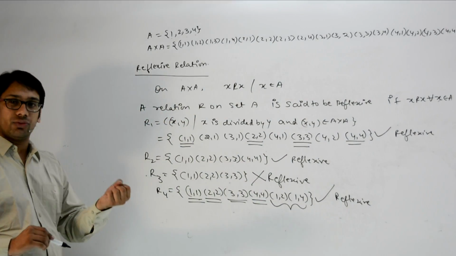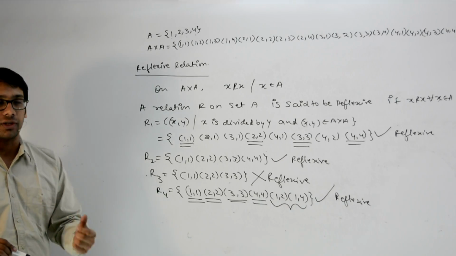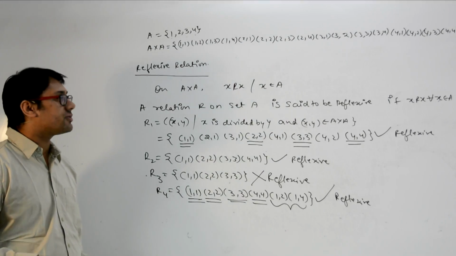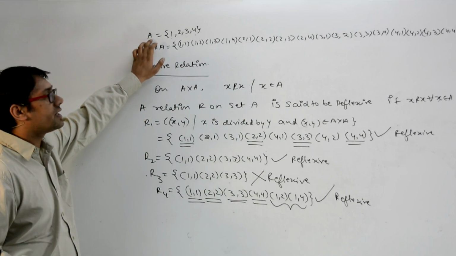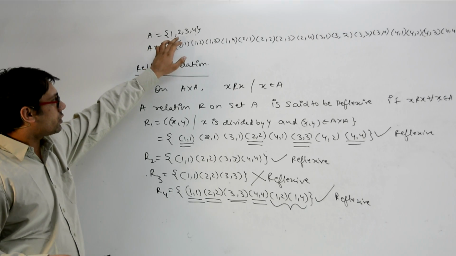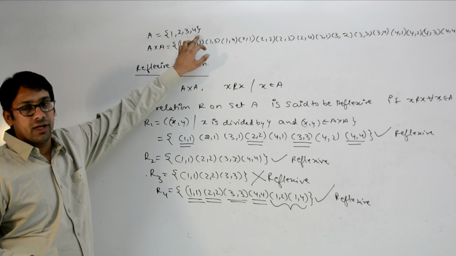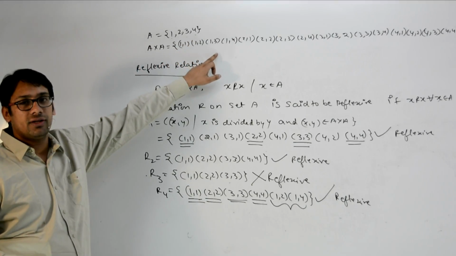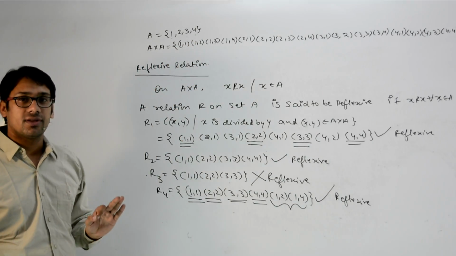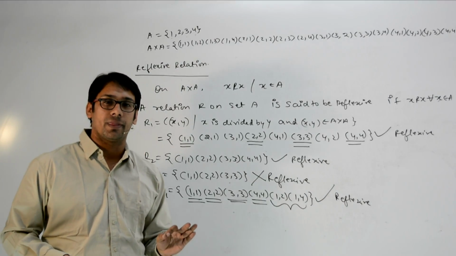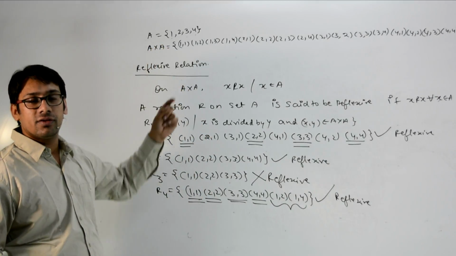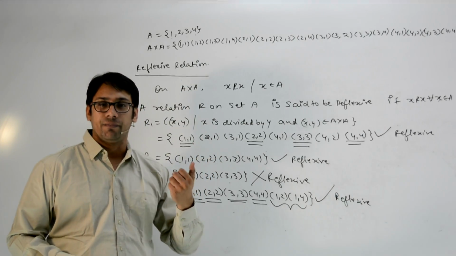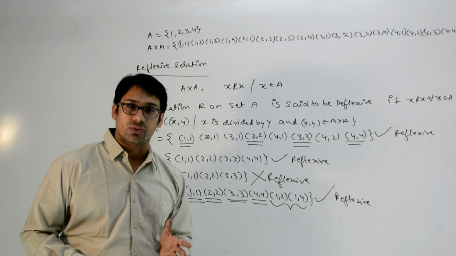So, that brings a very important question, not just for me, for everyone. What I mean to say is, assume we have a set A. Now this set A is going to have exactly 4 elements, and this A cross A is going to contain 16 elements. Then the question is, how many relations can be there over the set A which are reflexive? And we need to answer this question, right?